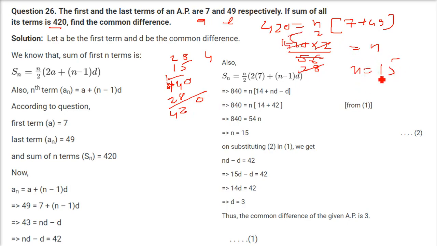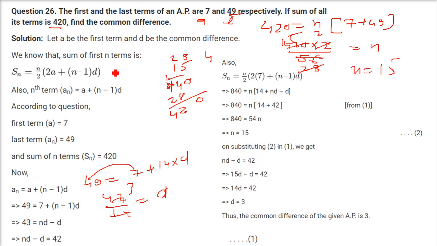When you know n and you know the last term and the first term also, you can find out the common difference. That is, the last term 49 will be a plus n minus 1 into d. A is 7, n minus 1 is 15 minus 1, that is 14, into d. So 49 minus 7 is 42, divided by 14, and d is going to be 3. So this is the way I taught you, but this is another method also that you can do